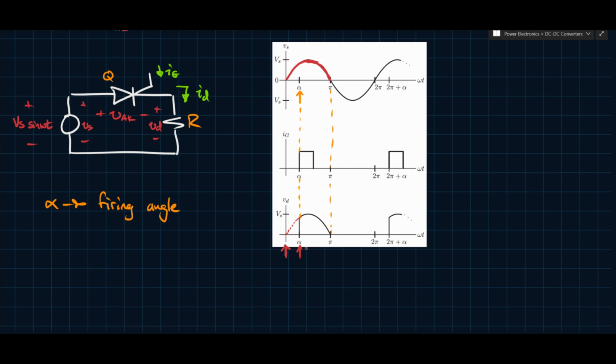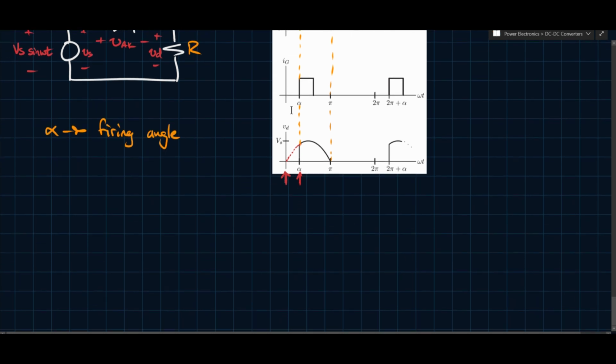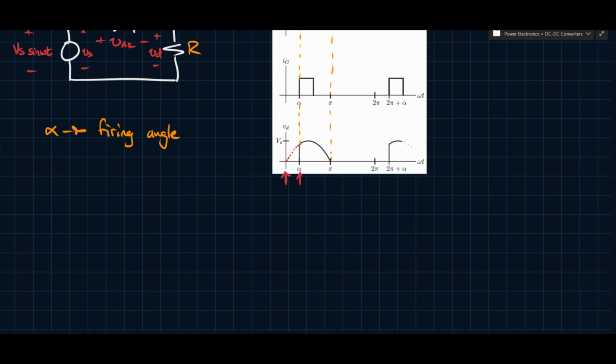So we have the diode rectifier case as a sort of benchmark, I guess you can call it. Everything is relative to that, right? So we can then determine what the average output voltage is, because we know what this waveform is. We know this is just a sine wave, and we know this angle is alpha. So we can determine then the output